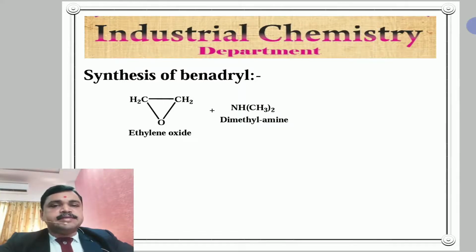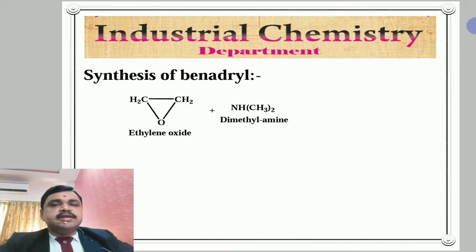Then these compounds 1 and 2 on condensation give Benadryl. So, for synthesis of Benadryl, first of all, we synthesize 2-dimethylaminoethanol, and for this we have starting material ethylene oxide and